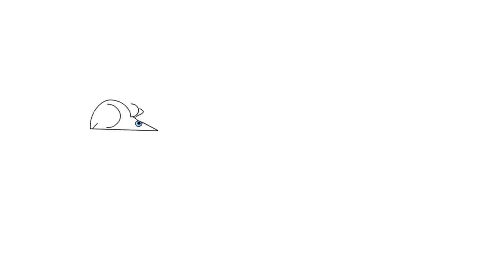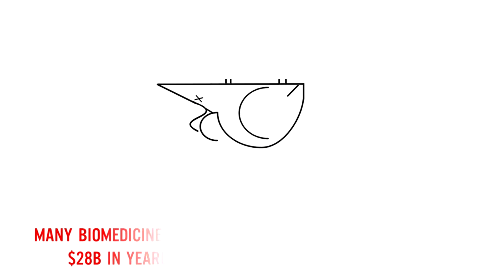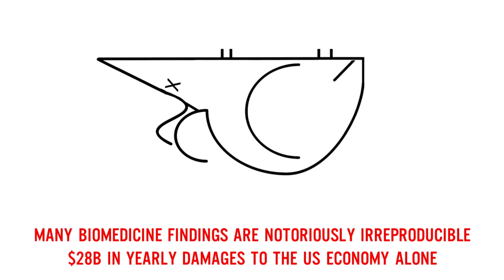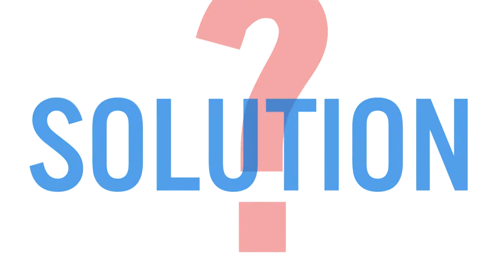Scientific findings are notoriously irreproducible, particularly in biomedicine. A recent study in Science claimed that over half of published papers in peer-reviewed medical journals are impossible to reproduce, representing $28 billion in yearly damages to the US economy alone. The problem may not ever be solved entirely, but we propose a vital first step towards coherent, open science,